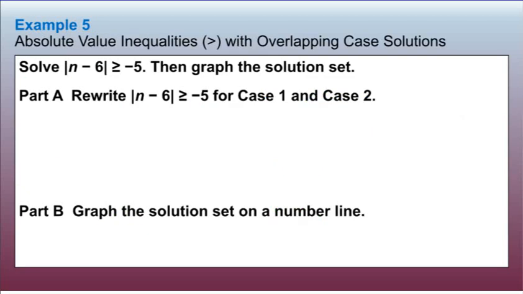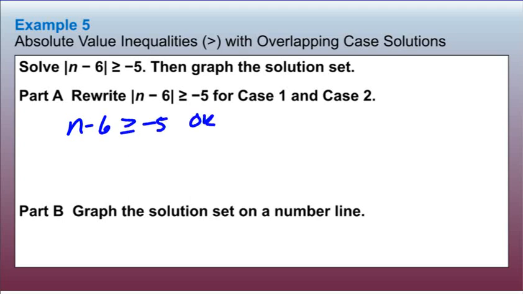Next one, solve this absolute value inequality with overlapping cases. Okay, so we need to solve this and then graph it. So first we're going to rewrite this with case 1 and case 2. Since this is greater than or equal to negative 5, we're going to put in n minus 6 is greater than or equal to negative 5,